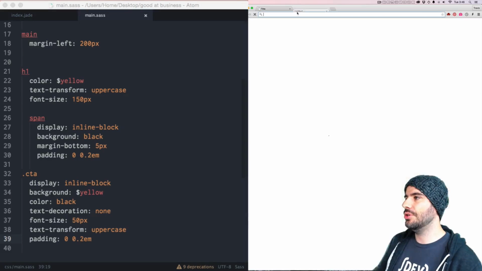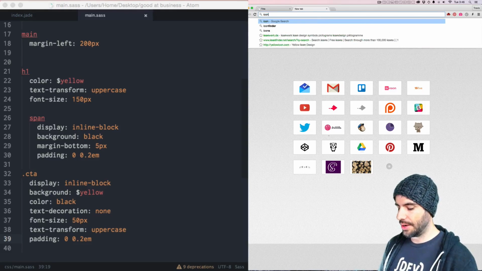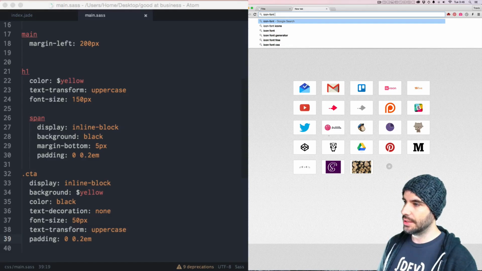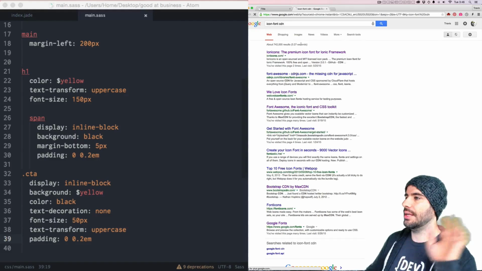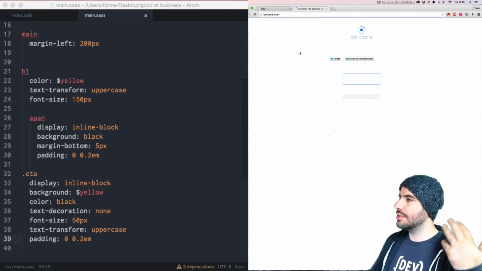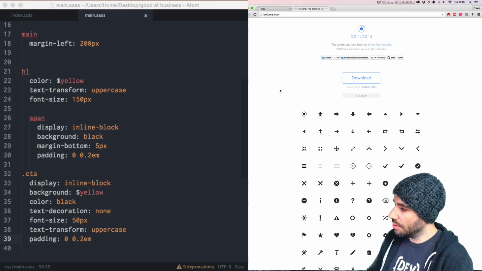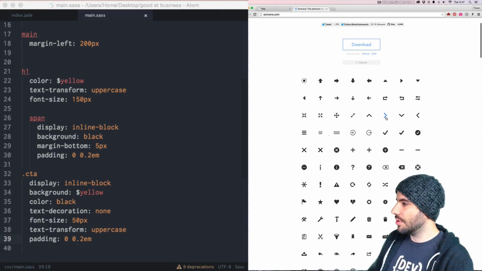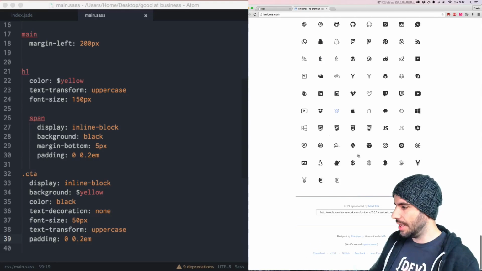So what I'm going to do is go to Google and type in icon font CDN, because I don't really feel like downloading and hosting or whatever. So there's this thing called Ionicons. Cool. They have some angles. This is the one I want. I don't want to download it, I want to use their CDN. Oh, here we are. So if I just put this